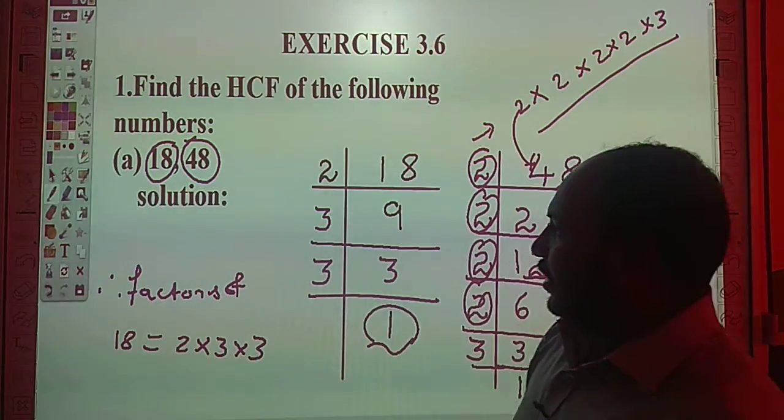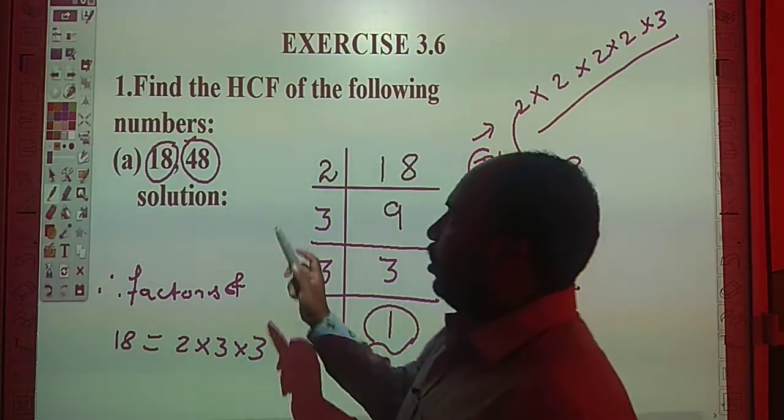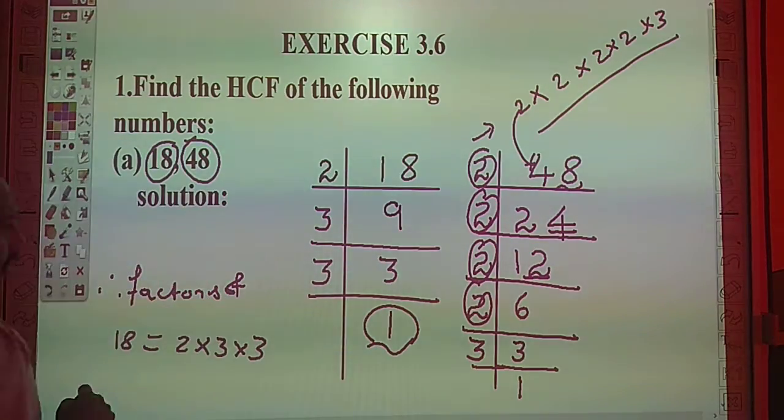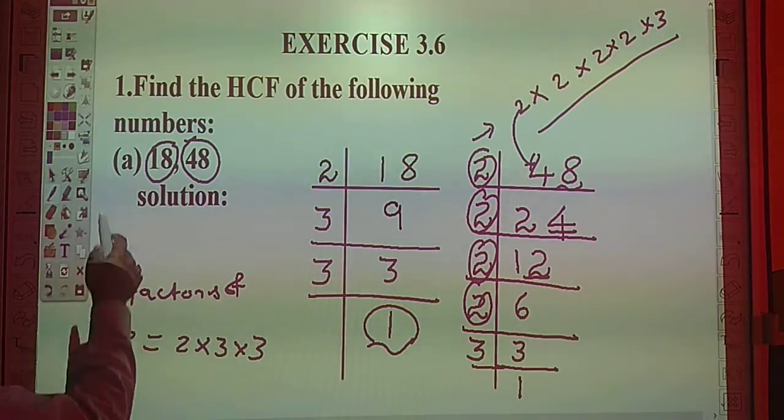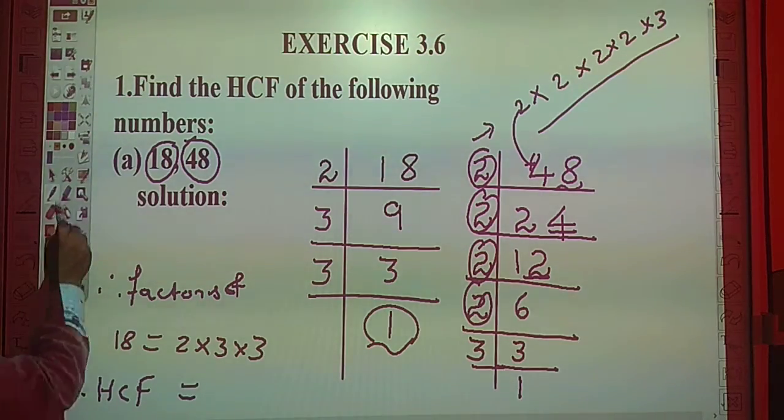And 18's factor is 2 into 3 into 3. You want the highest common factor of 18 and 48. Therefore, the HCF of 18 and 48 is equal to